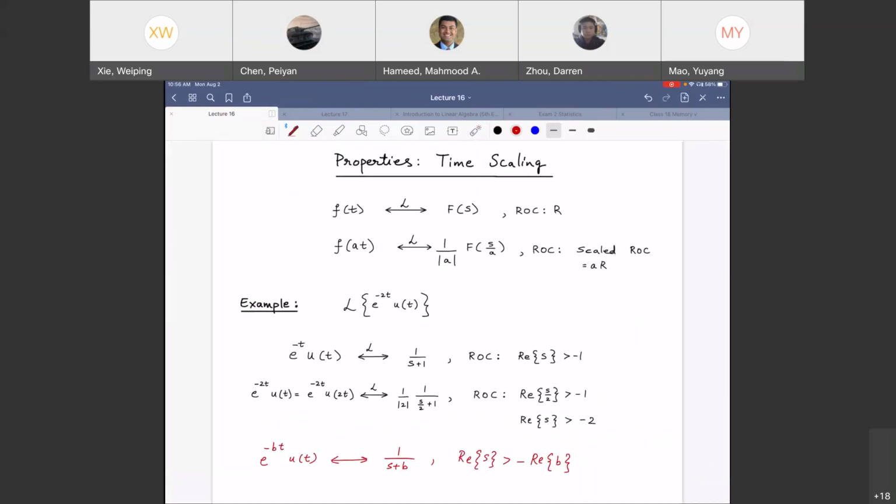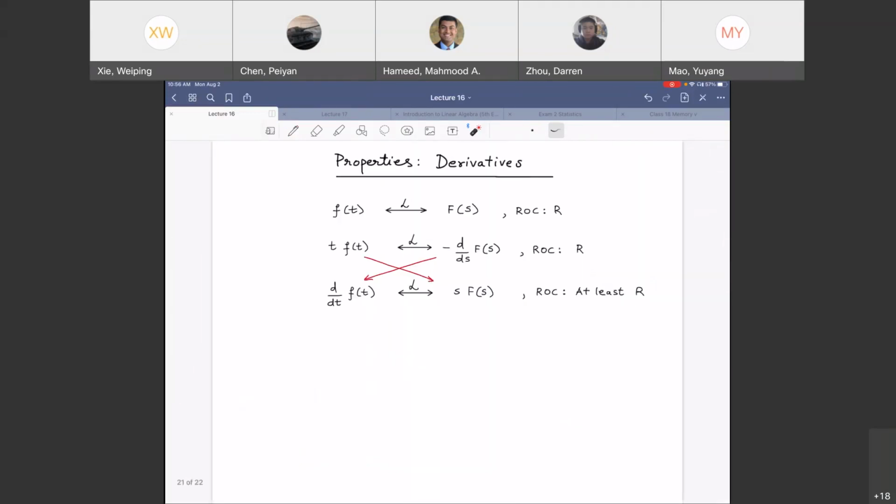All right, let's move on. Time scaling done. Now, what is important here? Is it difficult to compute the function in Laplace domain? No, it's not. But it is slightly confusing to look at the region of convergence that has been scaled or shifted or flipped, right? So hopefully these examples show you how that flipping happens, how that scaling of the region of convergence is happening. So getting here is not that big of a deal. This is.